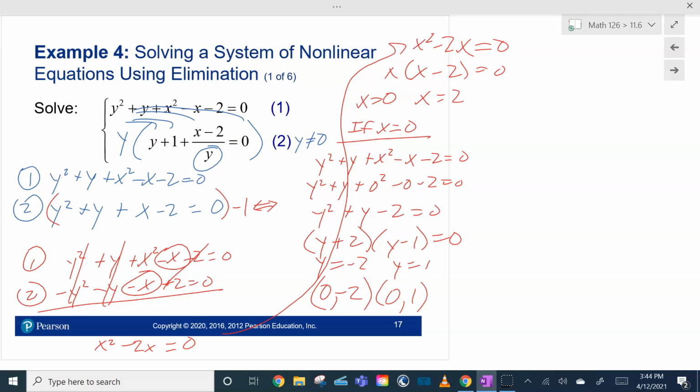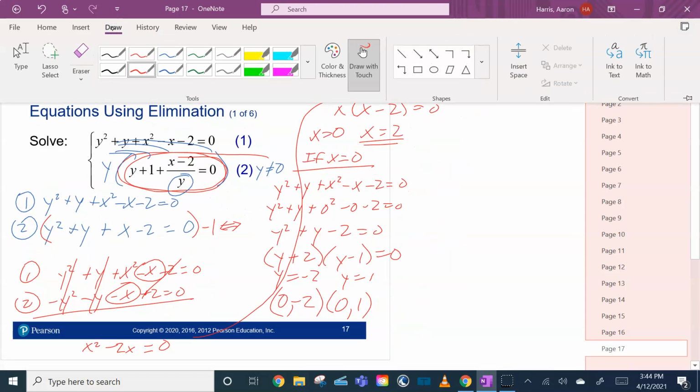All right, so far, and then what I want to do is verify them in equation 2 right here, right? So I plug those in, I check them out. They look good. Once I've checked them, awesome, I'm going to move on. Now, what about if x equals 2? So if x equals 2,